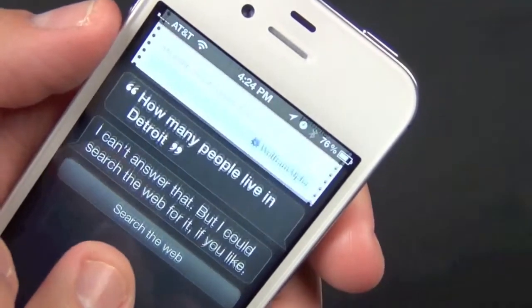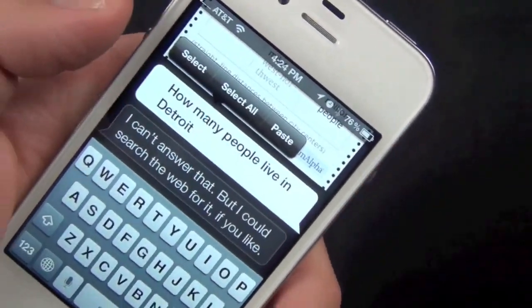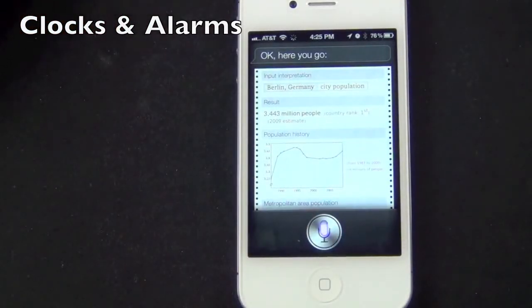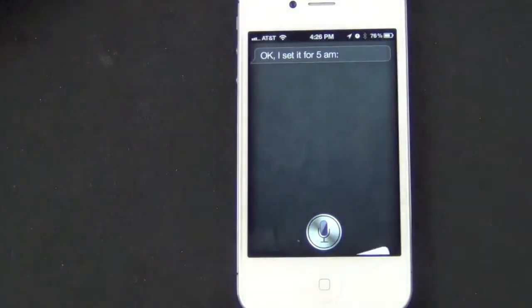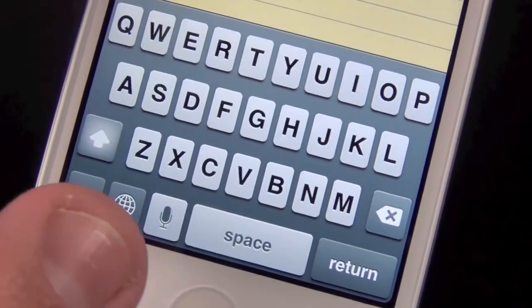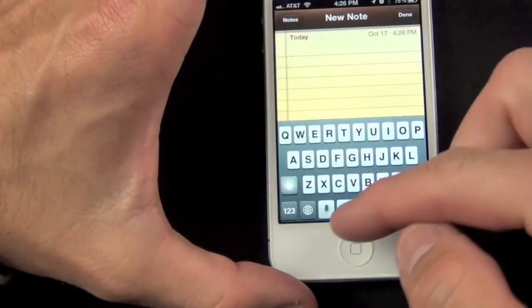Now if you see the dictation is wrong, you can go back, tap on it, and edit it yourself, and then press enter. Other things you can do is send an alarm. Send an alarm to wake me up tomorrow at 5 a.m. Okay, I set it for 5 a.m. Now the iPhone 4S also has voice-to-text dictation. Again, you have to be connected to the internet in order for this to appear. So if we just tap the microphone,